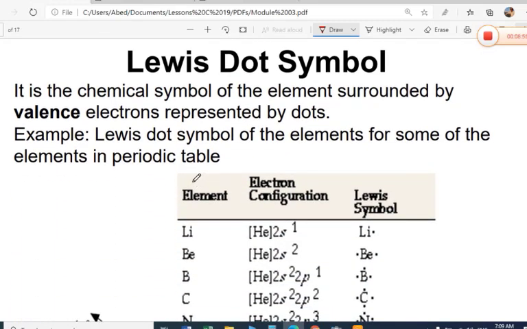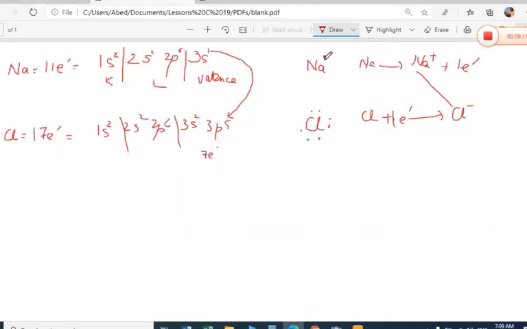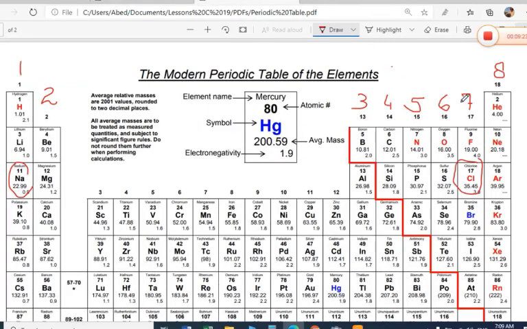Okay, and now we come to the Lewis dot symbol. A Lewis dot symbol is simply the chemical symbol surrounded by dots. Dots mean points. Points represent the valence electrons. As I show you in this lesson here, I put 1 dot over the sodium, so 1 valence electron is here. I put 7 dots around the chlorine, so they have 7 valence electrons, and it is also shown here in the periodic table, this 7.